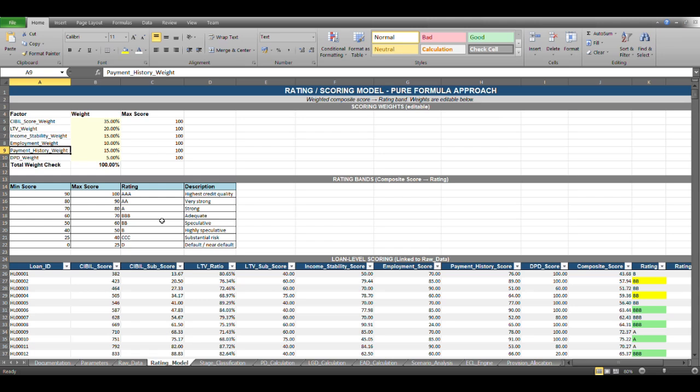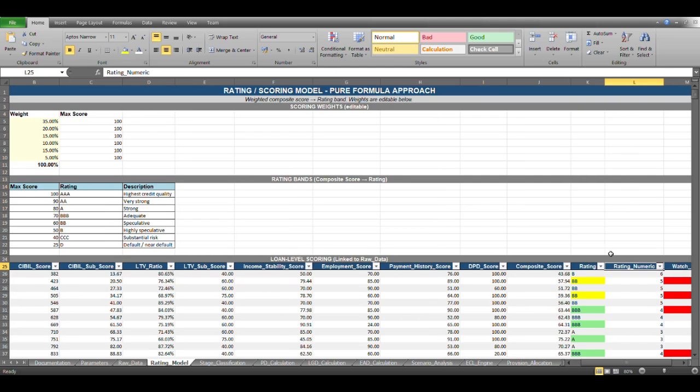And then if I show you, for each loan ID, for each CIBIL score, LTV and everything, I am calculating a sub score as well, so that I can get a composite score by taking the weighted average of all the scores with the weight allocated to it. And based on this composite score, because I want to scale down, I can look into this table and assign the ratings to each borrower based on the composite score arrived.